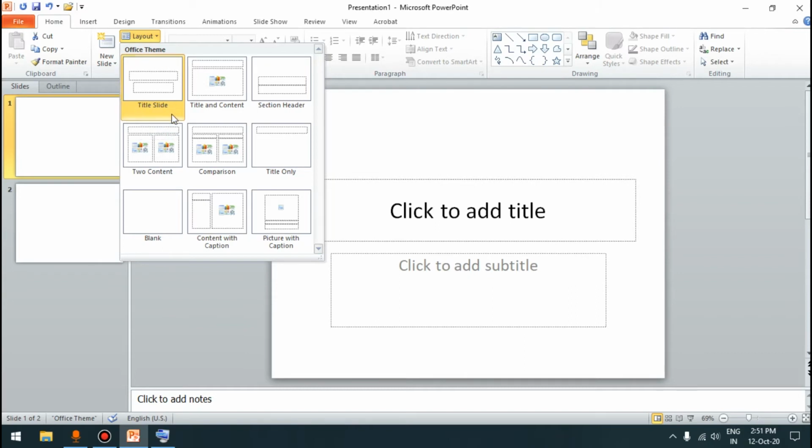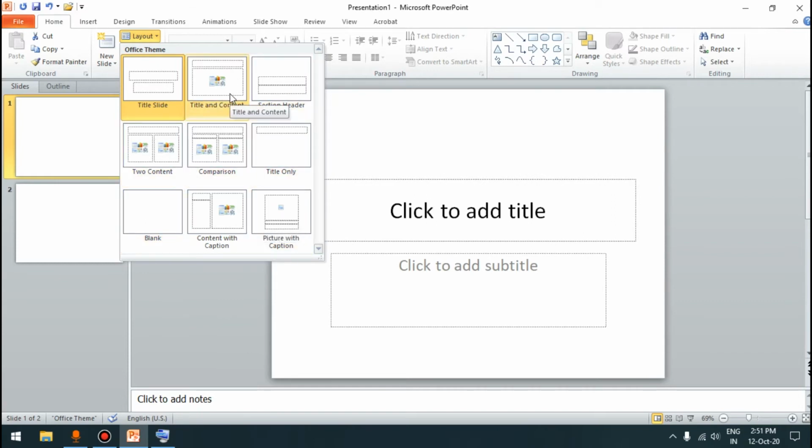This means it is active presently. Beneath it is written title slide, the layout of the slide which we have selected. But if I want to change, I can select any one of the remaining layouts.